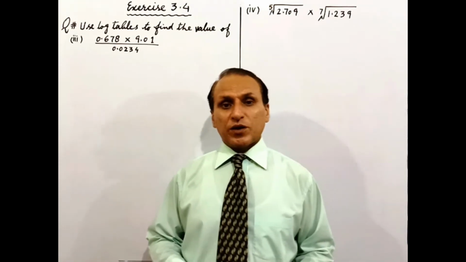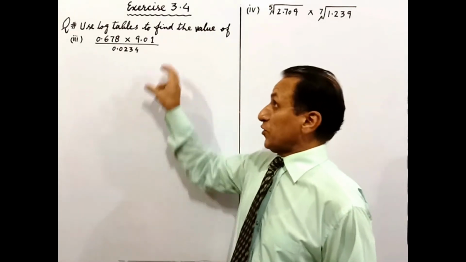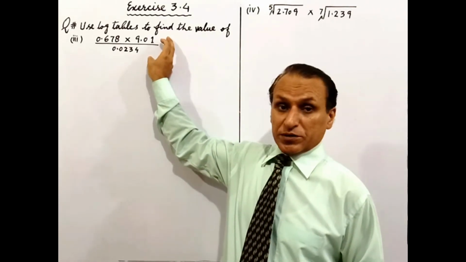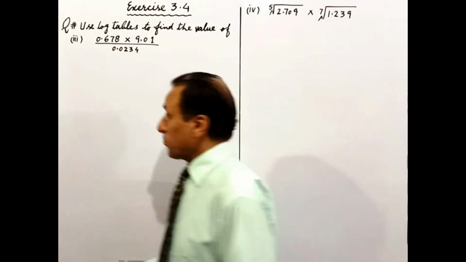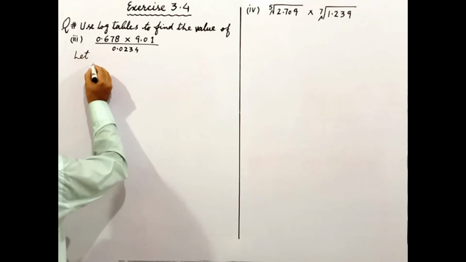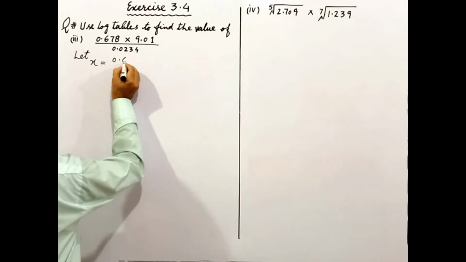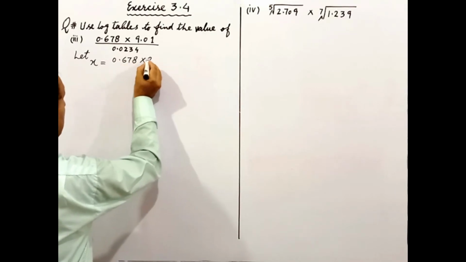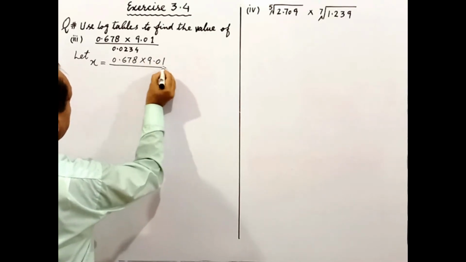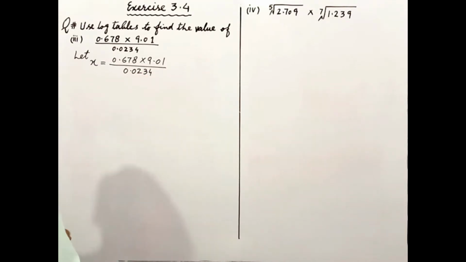In this question we are required to find out the value of the log which is in the form of a ratio as well as in a product. So let's do it. In the first step we let it equal to a variable x, 0.678 multiply 9.01 whole divided by 0.0234. Taking log of both sides,